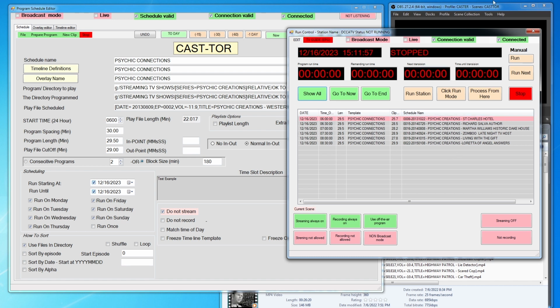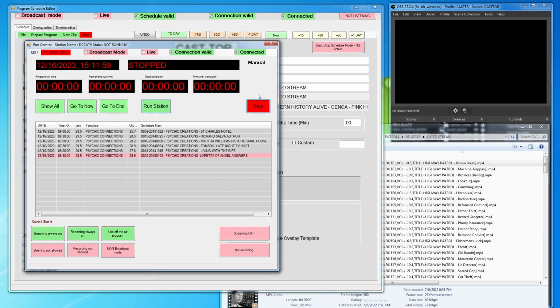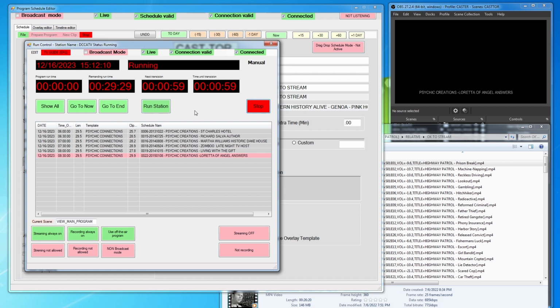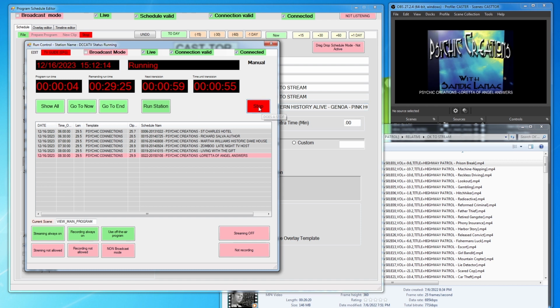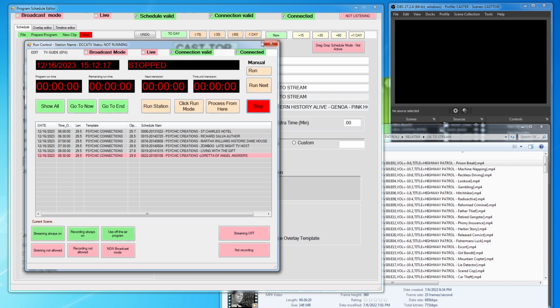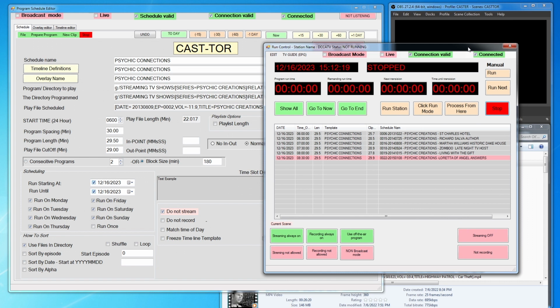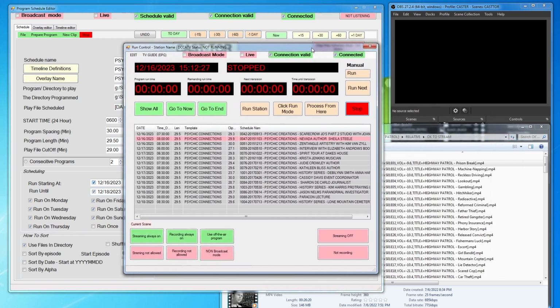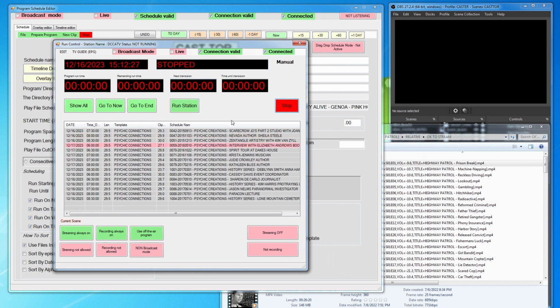If I run the station, it just tries to run the current one. Let's give it another day, we'll give it another 2 days, run it over again. If we run the station,